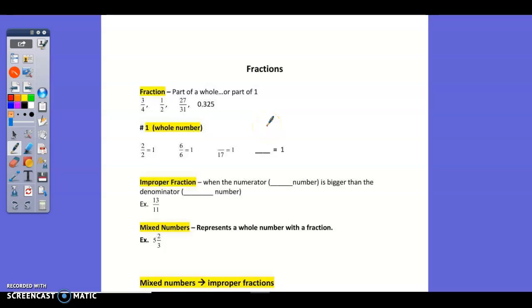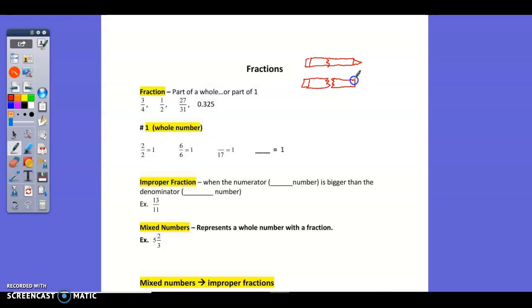A fraction is a part of a whole or a part of one. So when we think of something that's whole or one thing, that would be a unit of one. So let's say I have a pencil. This is my bad drawing of a pencil. Here's the eraser. All right, that would be one pencil. Well, if I break it in half, then I have this part of the pencil, and then this part of the pencil,